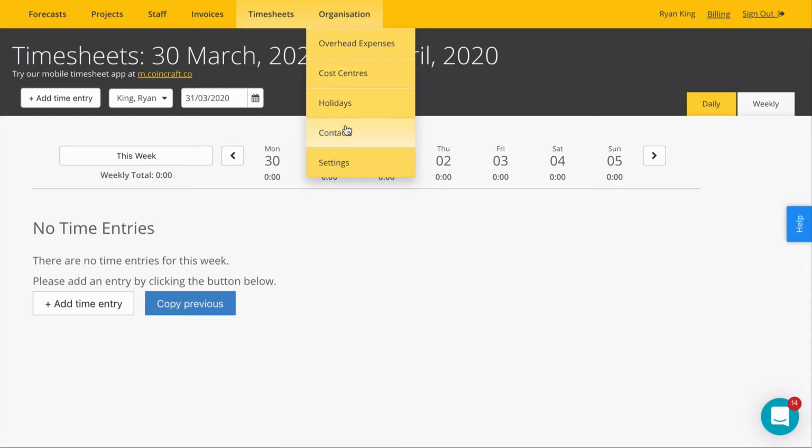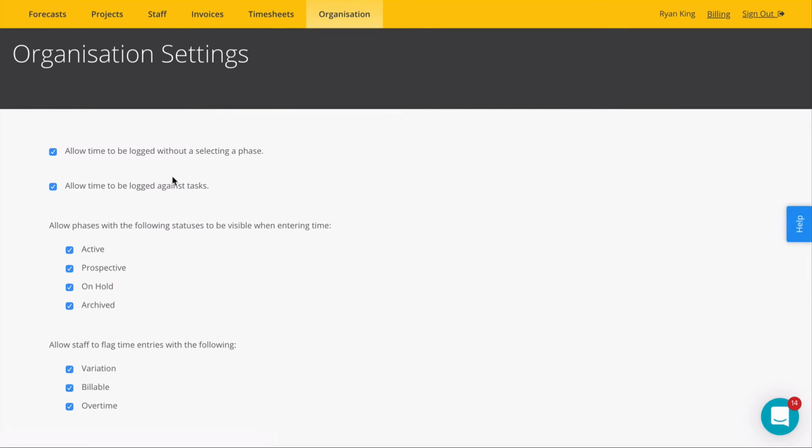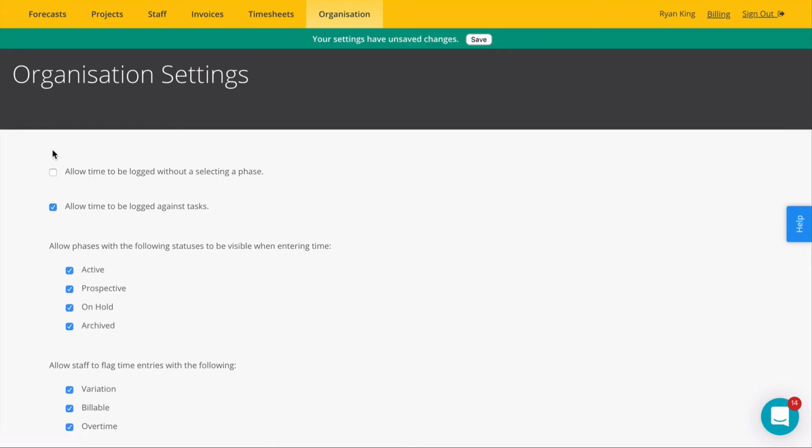So we're going to go back into the settings here, and we can see the first setting is allow time to be logged without selecting a phase. So if I uncheck this, this will remove the no phase option and force the user to select a phase when they're entering time. There's also allow time to be logged against tasks, and that's basically going to remove tasks